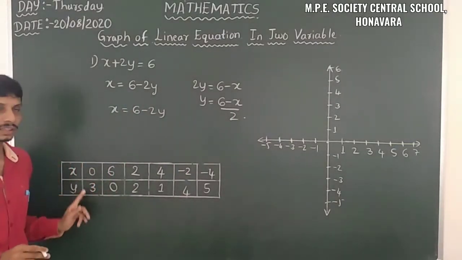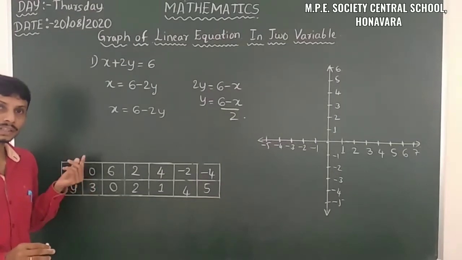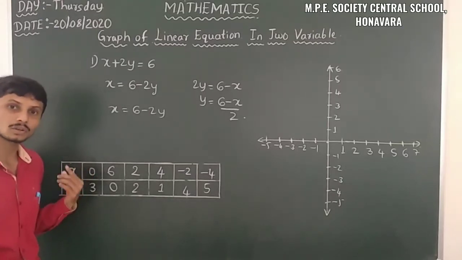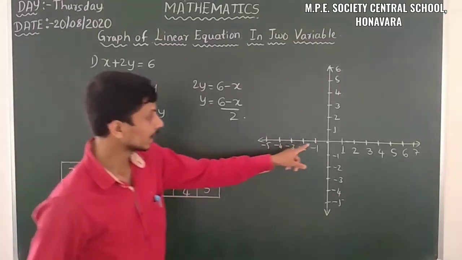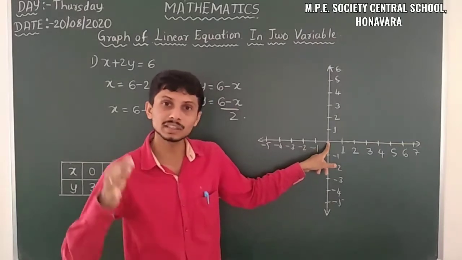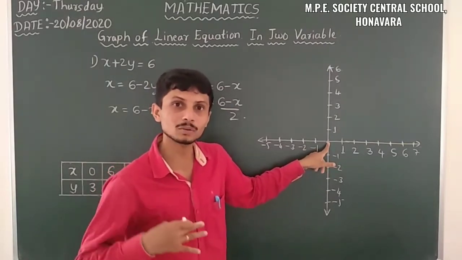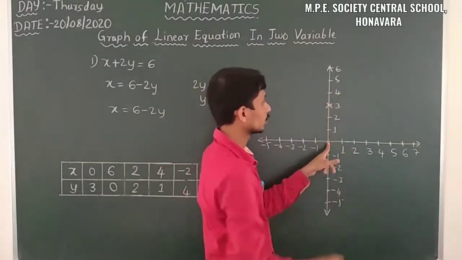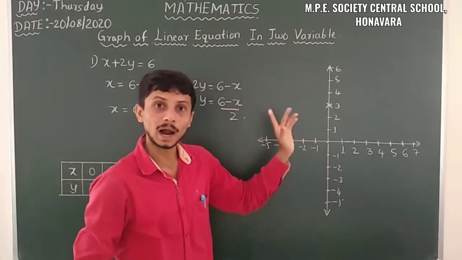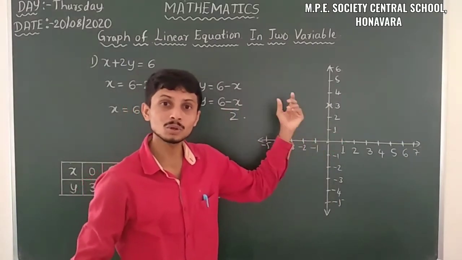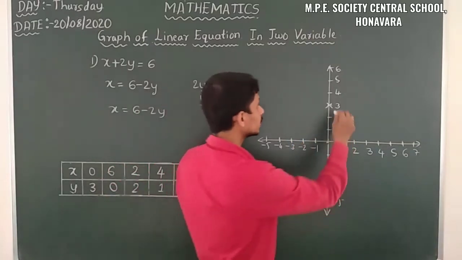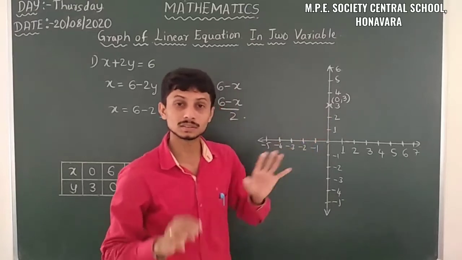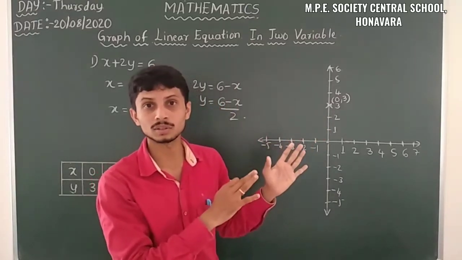That means it is 0, 3. So it's in the form of 0, 3. That is x coordinate of 0 and y coordinate of 3 here. Firstly we have to stand on the x coordinate of 0. After that we have to move on to the y coordinate of 3. Yes, y coordinate of 3. So we got the point here. After locating the point, we have to name that point by inserting the coordinates 0, 3. Yes, everywhere you have to put it like this only.